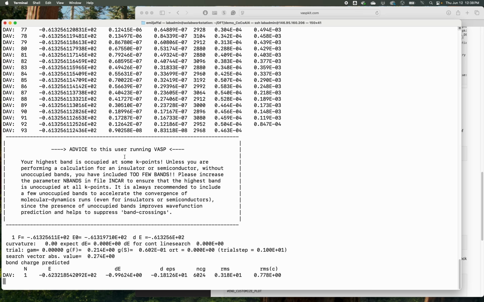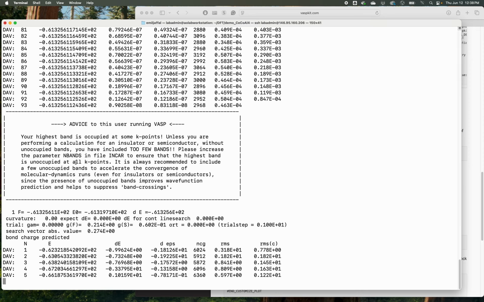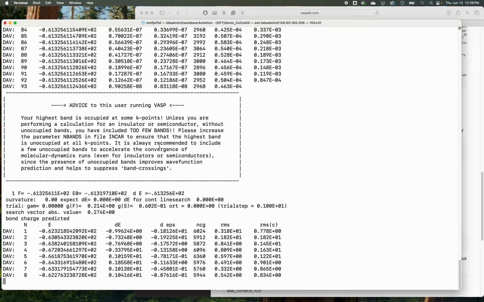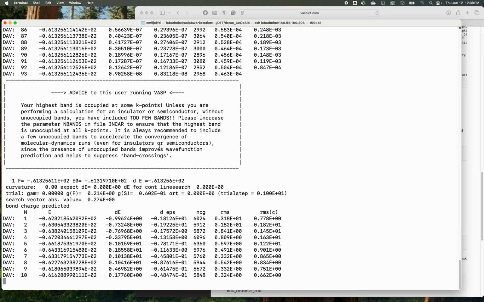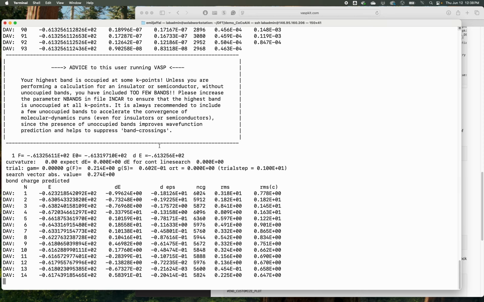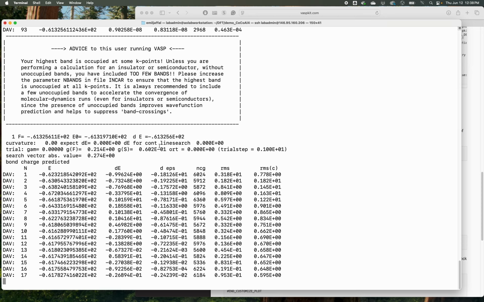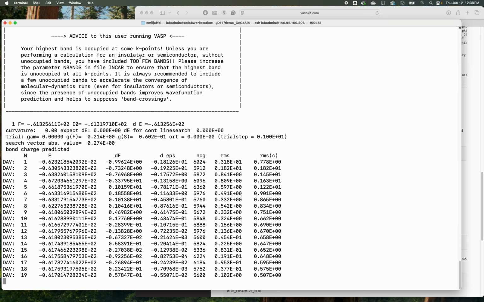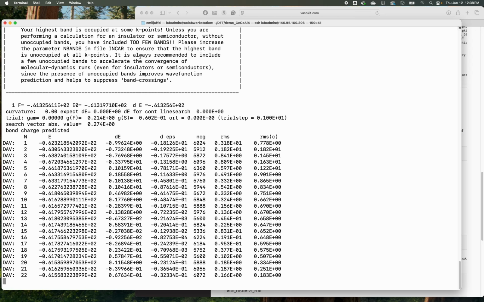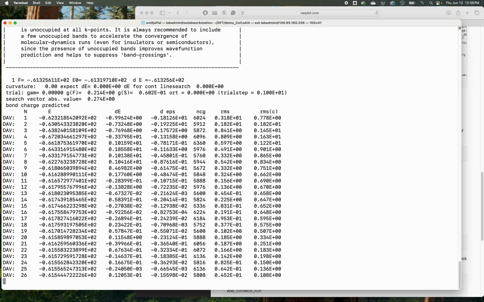So, highest band occupied at some K points, include too few bands, increase the parameter NBANDS. So this tends to be a problem later on when you're doing band structure or anything that uses the WAVECAR file, like density of states, or any electronic structure calculations in general. But I'm gonna ignore it because otherwise you'd have to keep the NBANDS parameter throughout the entirety of it, and I think